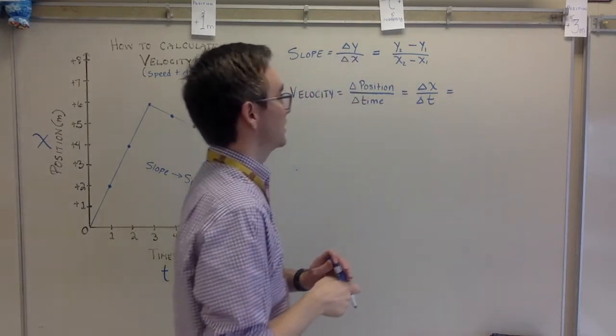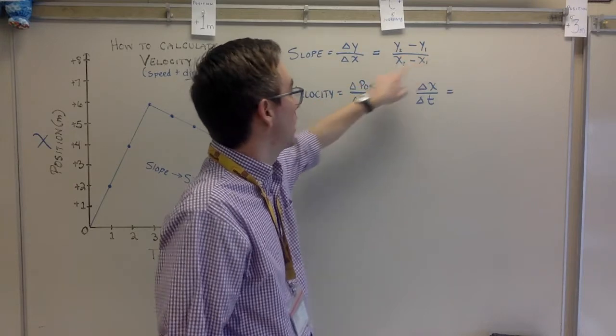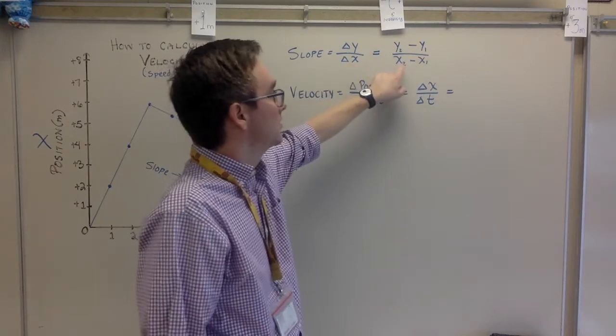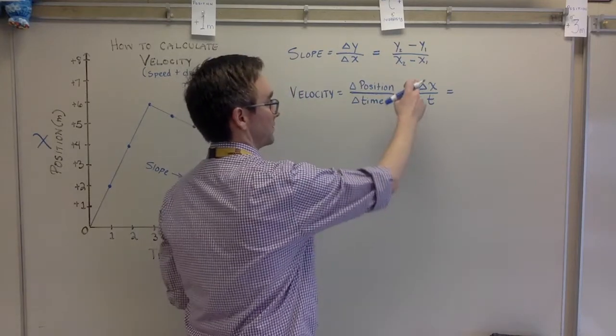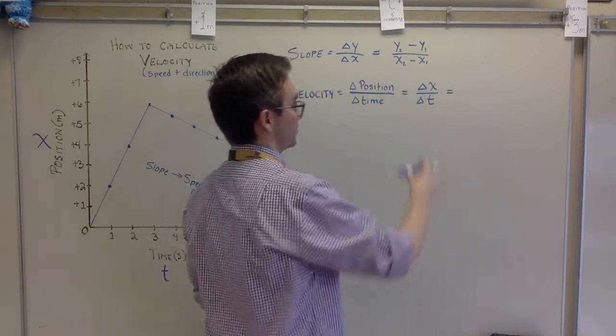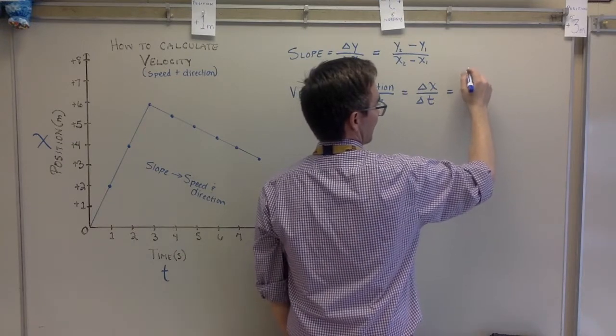But just like we did up here, change in y is the second y minus the first y. Change in the x-axis is second x, or x, minus first x. We have to pick 2 points. We're going to do the change in position. So we're going to have